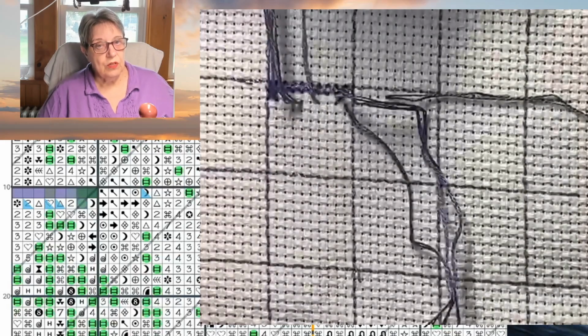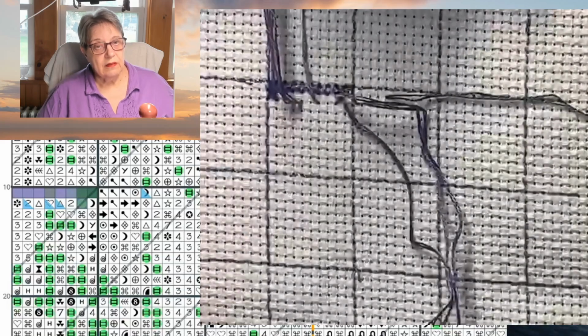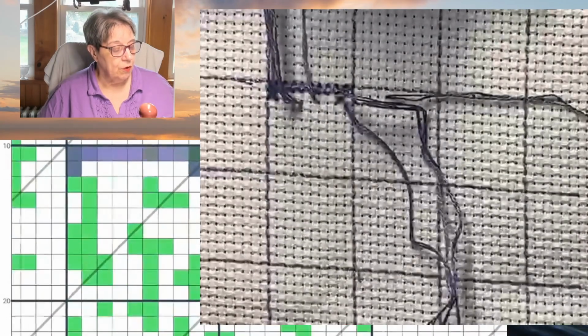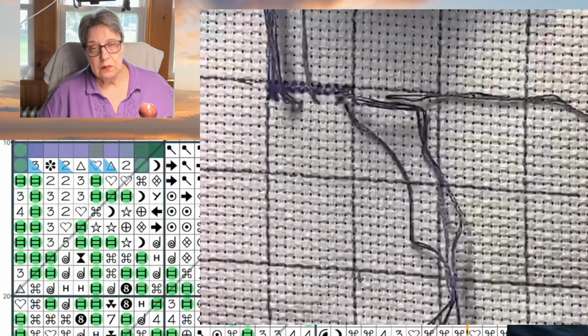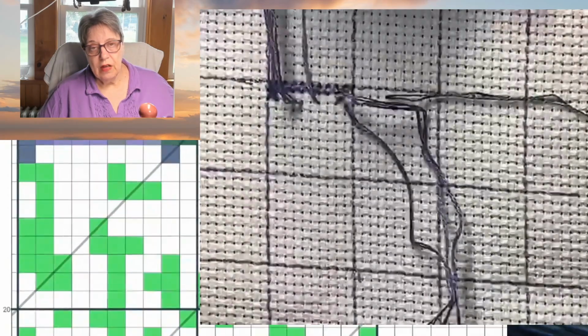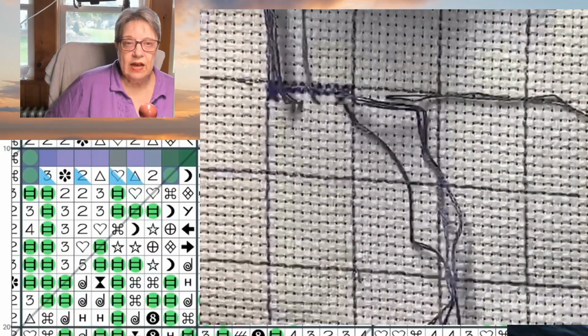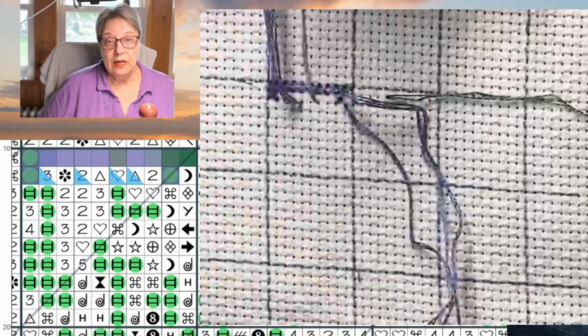And I don't know that you want to do that. So I would probably end the thread before I would travel that far. I try to keep my traveling down to 10 stitches or less,